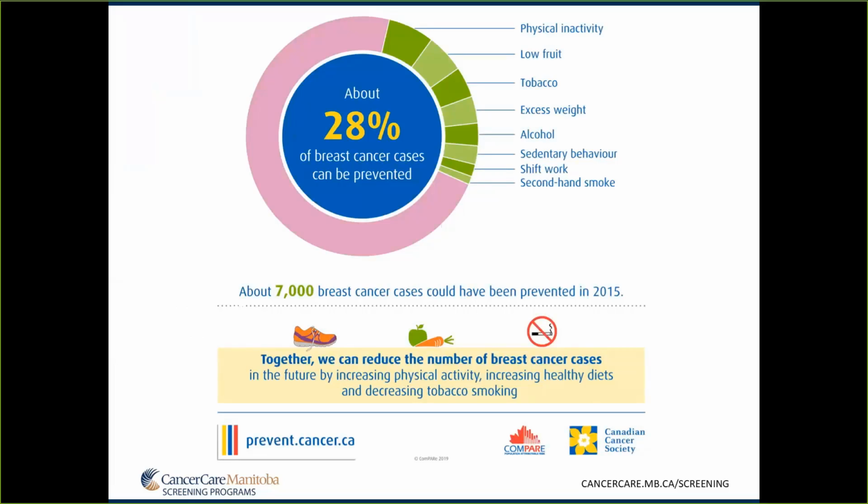So the Canadian Cancer Society has some helpful ways of depicting those modifiable risk factors for cancers generally. And for cancers generally, smoking, of course, is the biggie. The next big one in terms of modifiable risk factors is exercise. Diet factors in there significantly. We think that about 28% of breast cancers could be prevented by the lifestyle factors listed on that diagram.